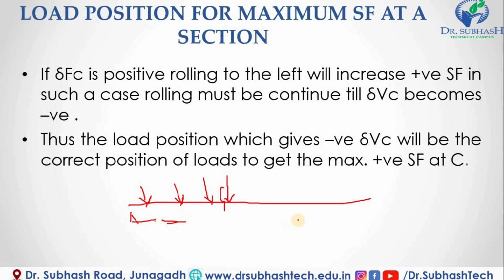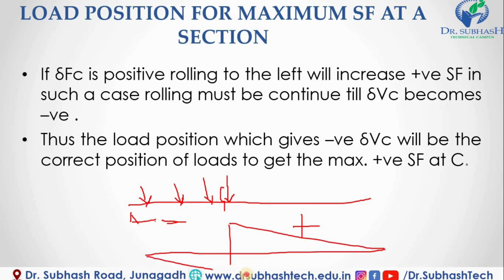So in this position we find the maximum negative shear force, and for the same arrangement on the same beam we can also find the maximum positive shear force. How? Because our primary section is the same. This is nothing but due to RB and this is nothing but due to RA. So these loads are under the portion of negative, and that is why it gives the maximum negative value.